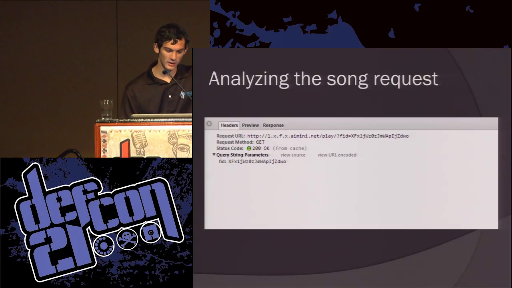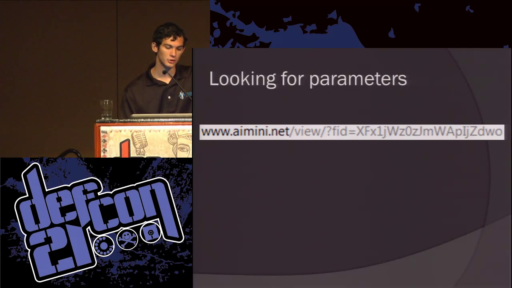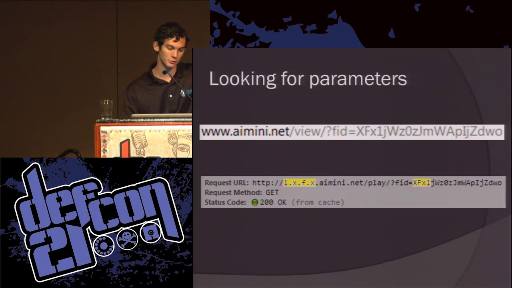So the first place to look is going to be in the URL, and sure enough, it's in the URL. You're like, great, we have everything we needed. Now how do I duplicate what they did? So you go and look back at the original request, and you can see that they actually have this weird